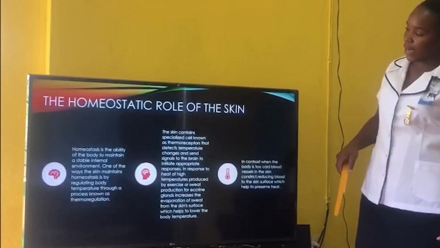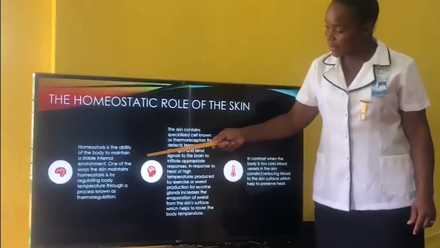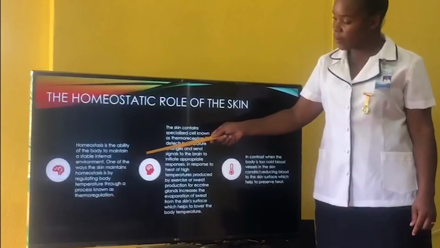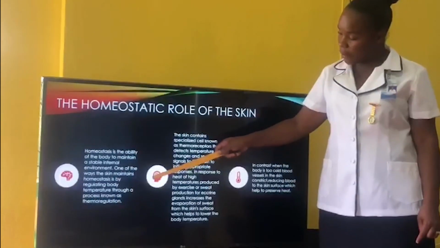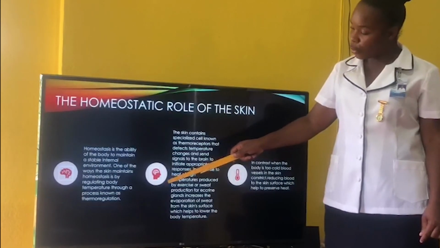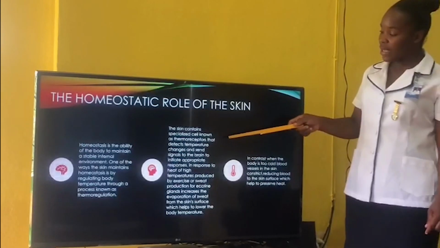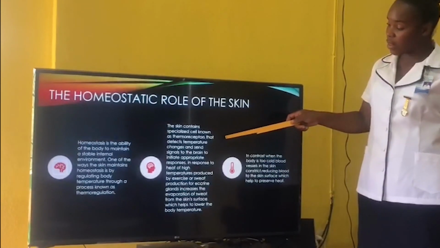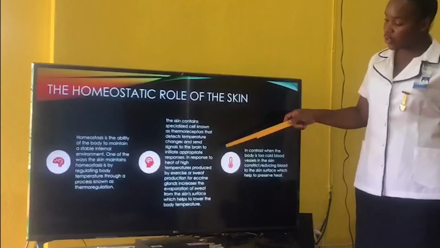Now we are going to be looking at the homeostatic role of the skin. Now homeostasis is the ability of the body to maintain a stable internal environment. One of the ways the skin maintains homeostasis is by regulating body temperature through a process known as thermoregulation. Now the skin contains specialized cells known as thermoreceptors that detect temperature changes and send signals to the brain to